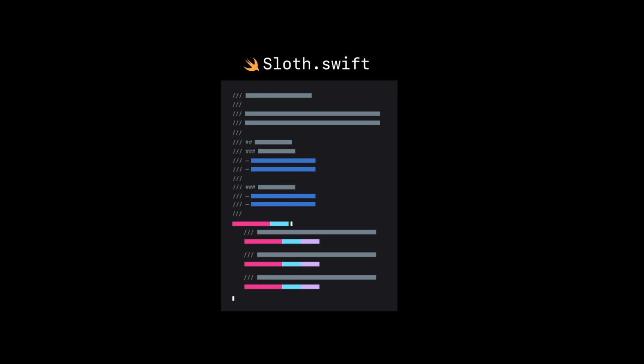Now that I've customized the groups on the framework page, I want to organize all of the documentation in Sloth Creator, including types and their members. Documentation extensions give me the flexibility to choose how I write documentation for my APIs. I could add a custom topic section right in my source code, but I think it would be easier to review and maintain over time if this additional documentation was in a separate file. And I can use a documentation extension to do just that.